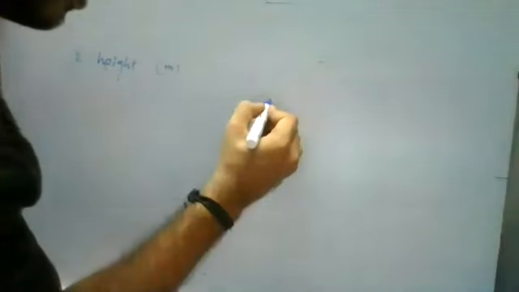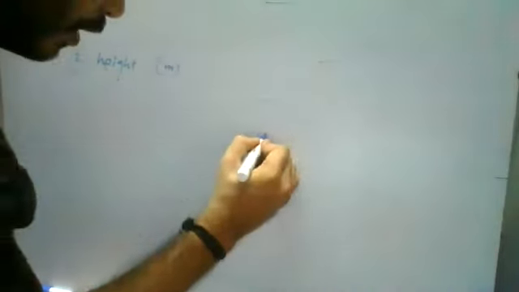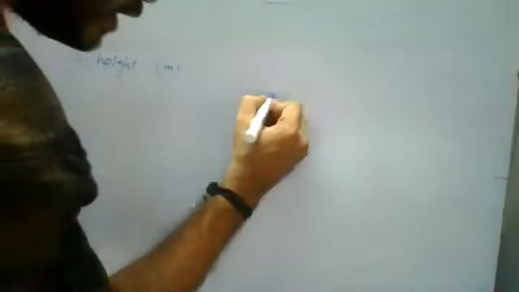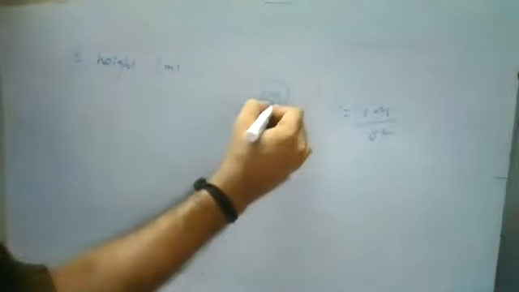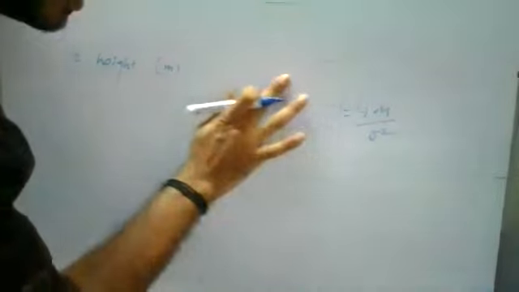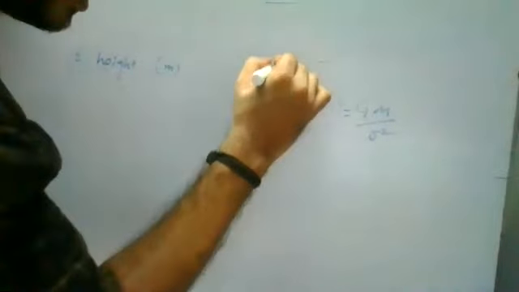At a height, mass small m. It is your second case. Earlier we have seen that capital M is your earth, and I'm taking a small m on the surface of the earth. On the surface of the earth, the relation is small g is equal to capital G capital M by r square. This r is nothing but the radius of the earth. Now what I'll do is throw this mass upward, placing it at a particular height.